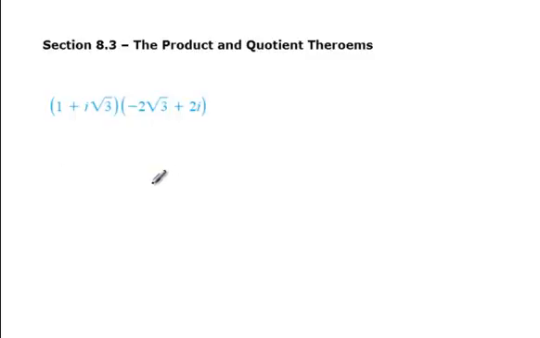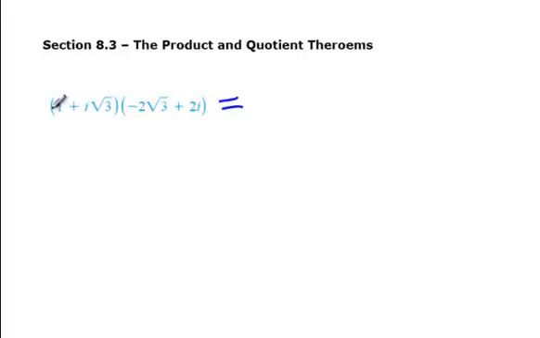Okay, section 8.3, the product and quotient theorems. Referring to complex numbers in polar form, we'll come up with some rules or properties on how we can multiply and also divide those numbers. So here we have two complex numbers in rectangular form, and let's go ahead and multiply these together by using